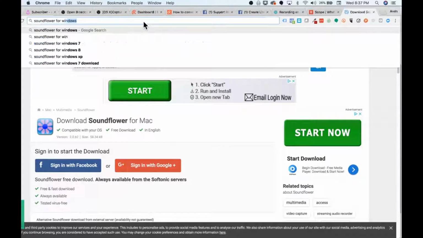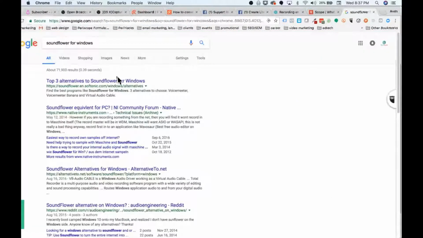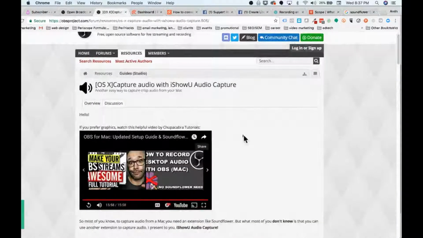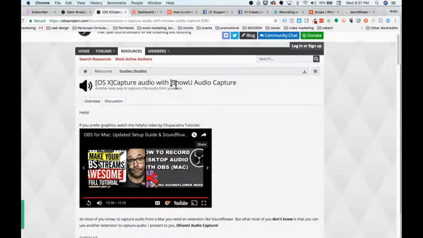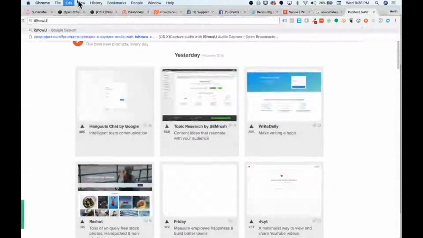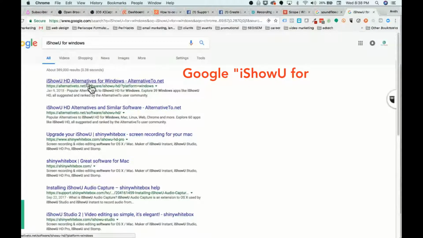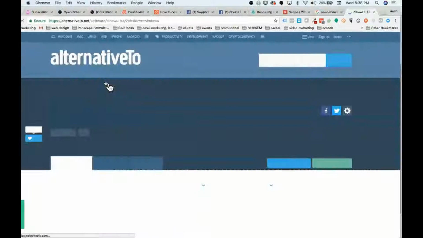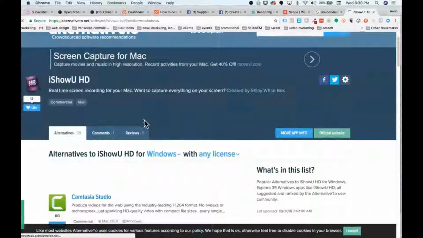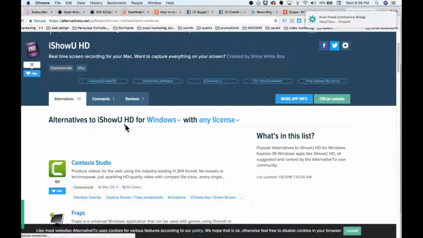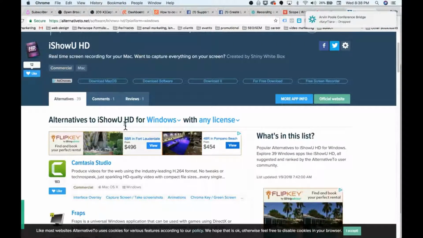What about Windows? Right, Sharon, I think Soundflower should work for... let's see, Soundflower for Windows. I think they do have one for Windows. Oh, no, they do not. So there is another one, and let me see if I can remember. Yep, here it is. I want to say it's called iShowU. iShowU is another one. So let me go ahead and put iShowU for Windows. So unfortunately, everyone, I don't have a Windows computer, but there are alternatives to iShowU as well as for